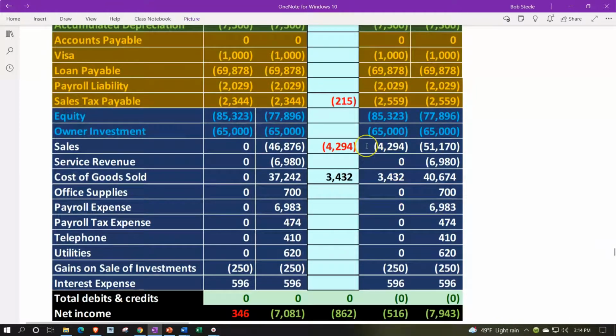The sales for the current month was at 0, up by $4,294 to $4,294. And the sales for the year to date was at $46,876, up by $4,294 to $51,170. Cost of goods sold was at 0. It went up in total $3,432 to $3,432. Year to date was $37,242, goes up by $3,432 to